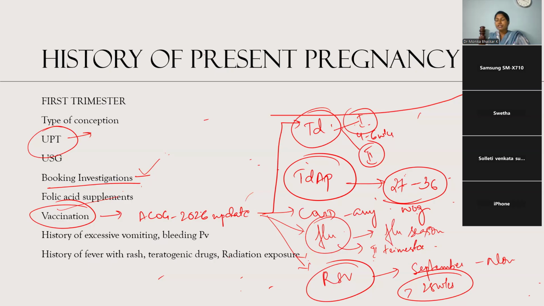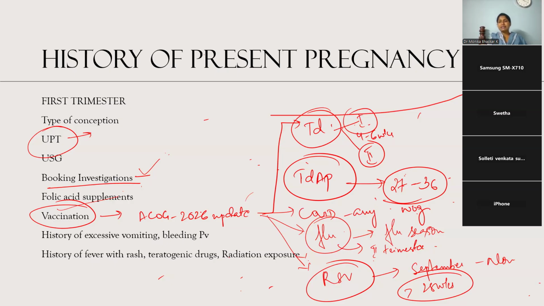But we have to differentiate between nausea and vomiting in pregnancy and hyperemesis gravidarum. So, what is hyperemesis gravidarum? If the vomiting during pregnancy is causing problem to her day-to-day activities, if the woman is getting hampered in her day-to-day activities during pregnancy because of nausea and vomiting, we call it hyperemesis gravidarum. So there are certain criteria to describe hyperemesis gravidarum: if there is more than 5% of weight loss, or if there is associated ketonemia or ketonuria, or if there is any electrolyte disturbance, all these go in favor of